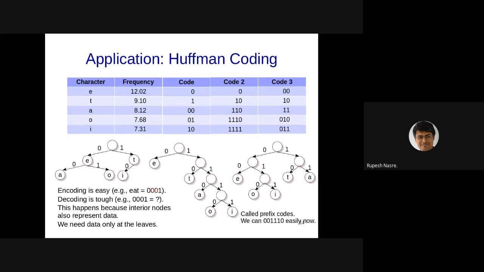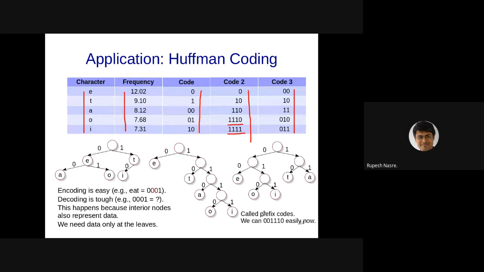Let's come back to our Huffman coding that we have been promising, that there is some way to do Huffman coding, and let's come back to this when we study heap. So that is our second application of heaps, where if you recall, we had different characters which had different frequencies. We sorted those based on frequencies. We came up with some code, but that was ambiguous. Then we came up with some other code which was unambiguous, but it was almost like a unary code, right? The number of characters was deciding the length of this code. So we came up with some other code, which turned out to be overall reasonable,